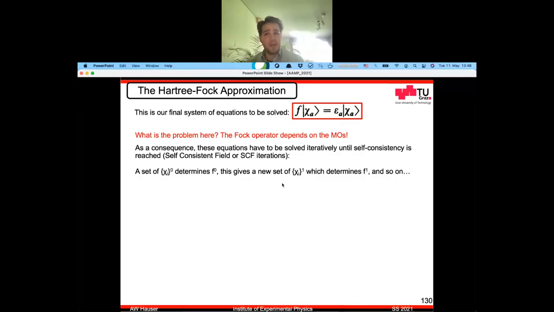Another problem back then was that you have a lot of these integrals in the first place, so they had to think about how to store them on the disk and so on. But this was early days when computers were as big as a house, and people used punch cards to program these machines. But this went basically hand in hand with computer development, and it has reached now a status where